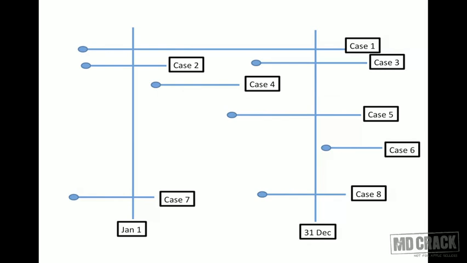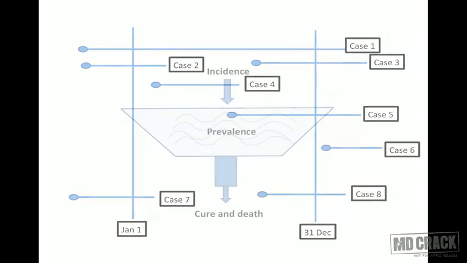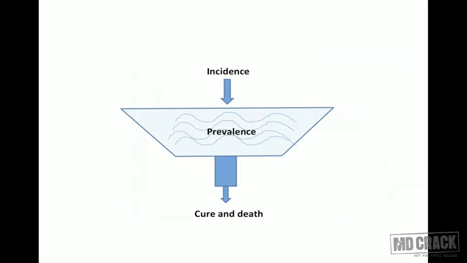The last thing on the slide is period prevalence between Jan to December. Something interesting. Okay, again, a second chance for people who get confused between incidence and point prevalence. Point prevalence of Jan to December, I'll count all the cases that were there during this duration. So it is 1, 2, 3, 4, 5, 6 is not there because 6 was not in 2012. It was in 2013, so 6 is already out. 7 and 8. So everything is included in the period prevalence except case 6 because case 6 was in the next year. Okay. If you have doubt, you can always come back and revisit this slide. Very important slide. Very easy marks. Okay. We'll move ahead.